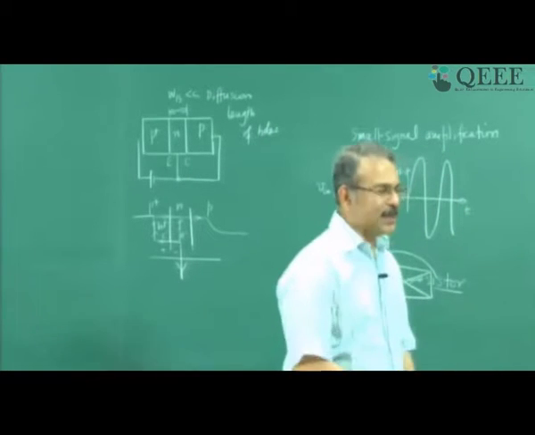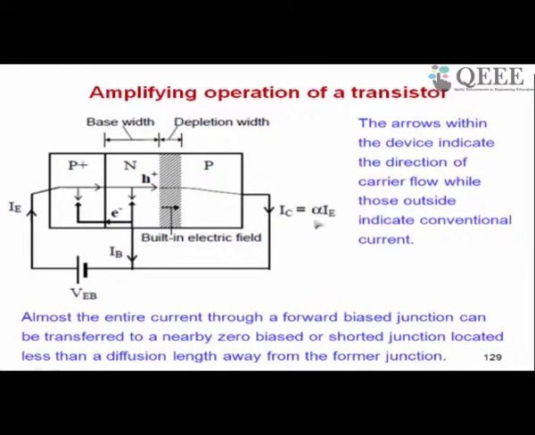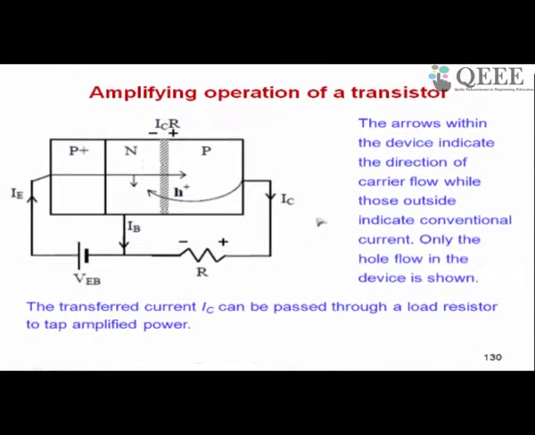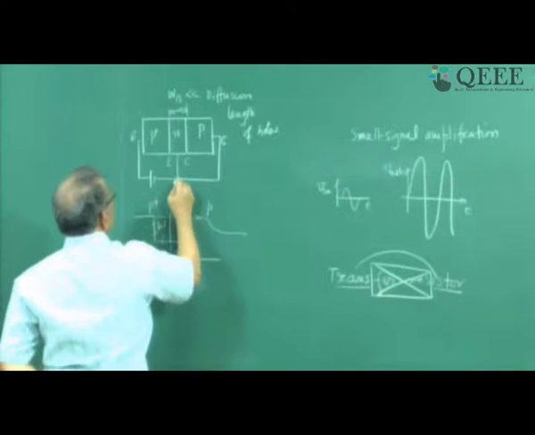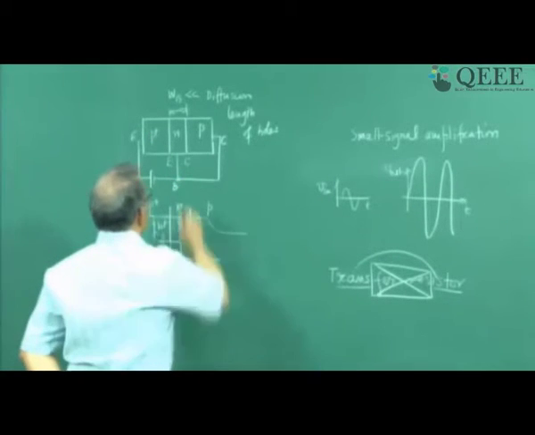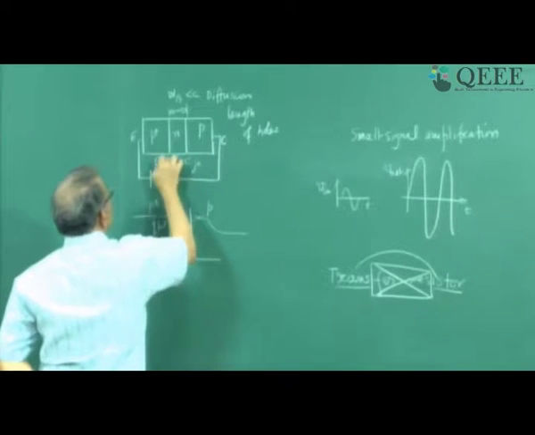So for good transistor action, we will need the alpha here to be close to 1. Now what is happening when you put the resistor here is that your junction here, this is called collector to base junction. This terminal is collector, this terminal is emitter, and this is base, right? This is collector junction and this is emitter junction.